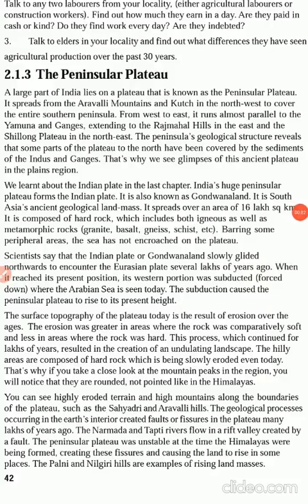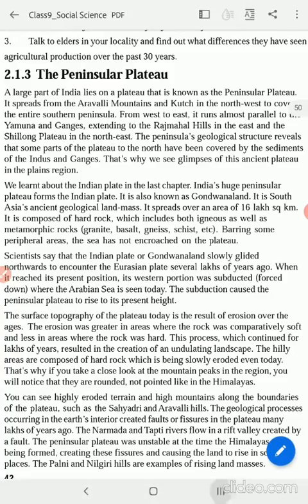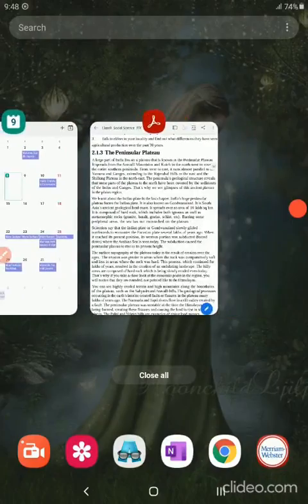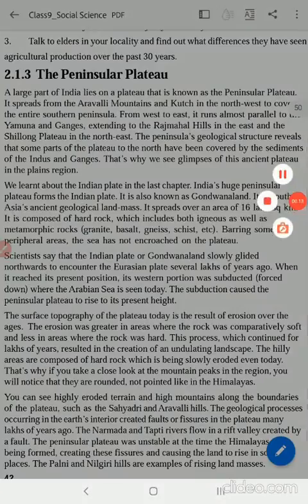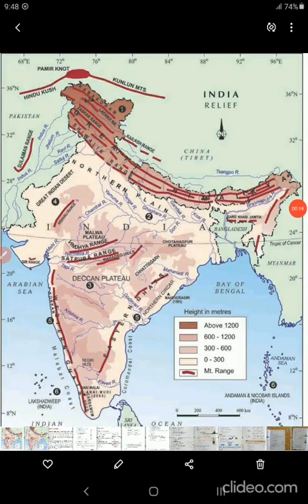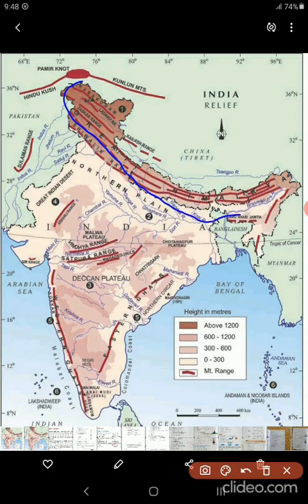Dear students, we continue with our discussion about the physical features of the Indian subcontinent. And of course, if you just look at the map of our country, we began with the formation of the Himalayan ranges. Hope you would have seen the video that I attached in the previous section, showing how these Himalayan